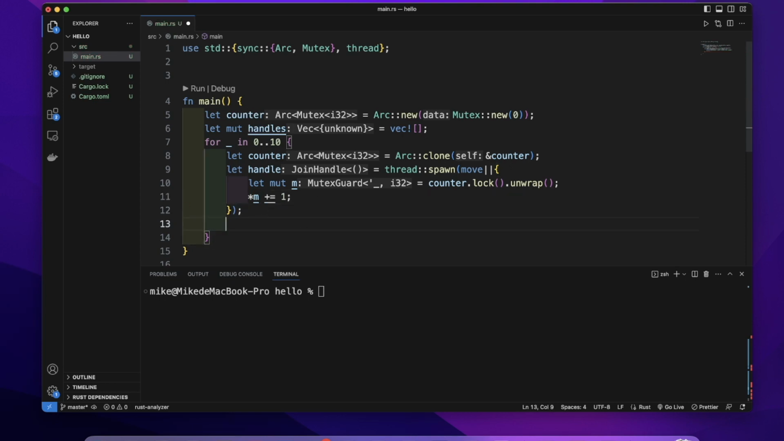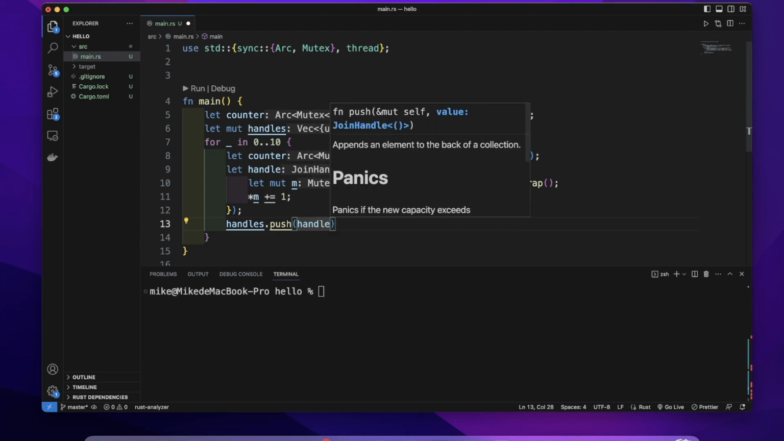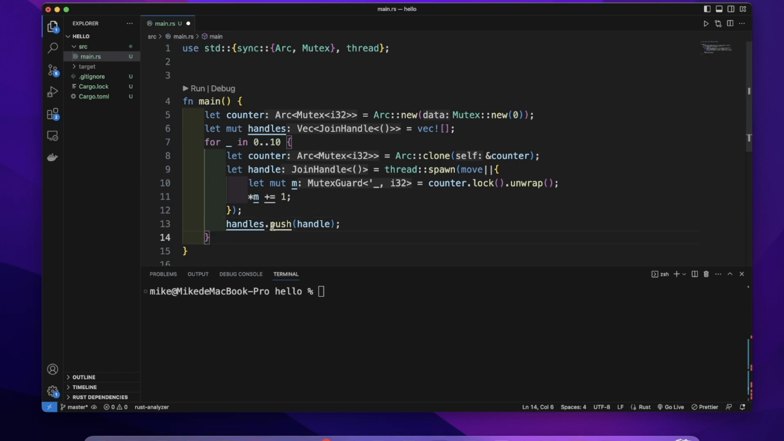and then let's just push this handle to this handles vector, so handles.push(handle). Each time this for loop runs, it will create a new owner of this counter. This new owner will share the ownership of this counter, and also will create a new thread, and in this thread it will increase its inner value by 1, and this thread will return the join handle